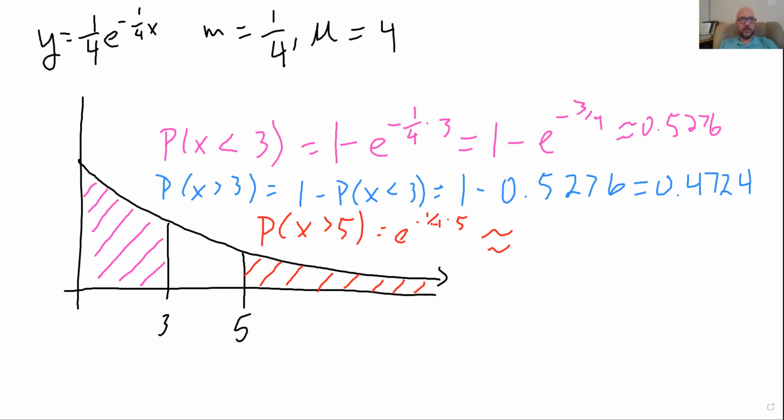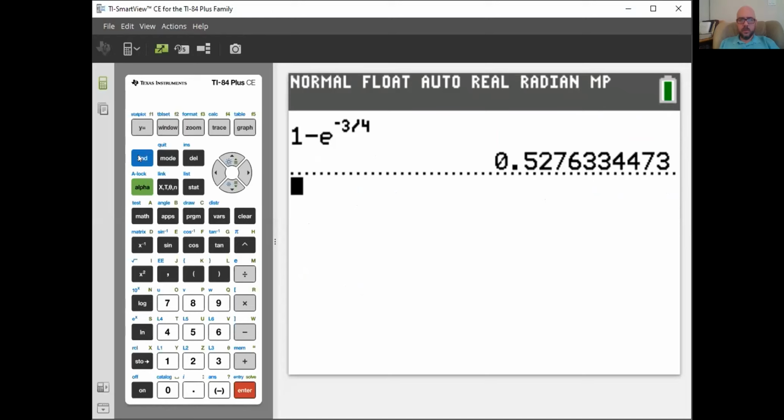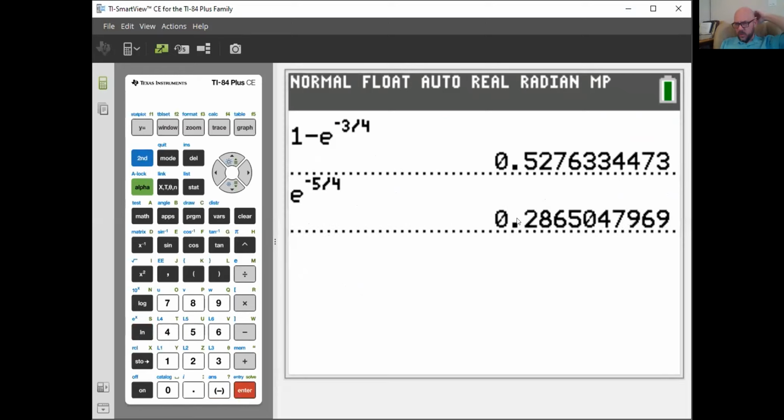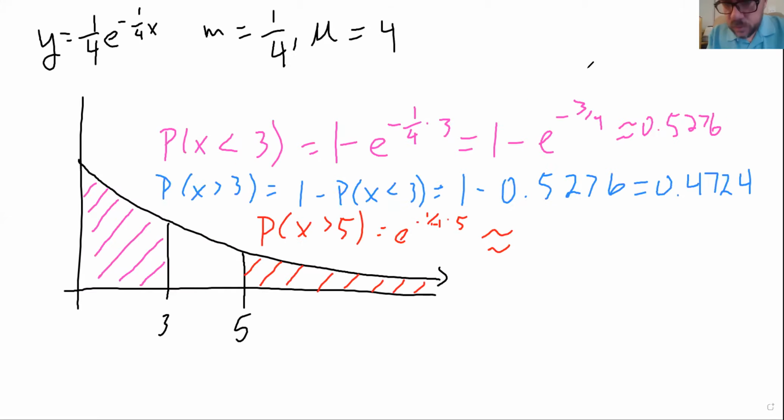So let's go up. E to the power of negative 5/4. 0.2865. Great. Go back here. 0.2865. All right. So now the question that we asked for the final part was, what's the probability that we are